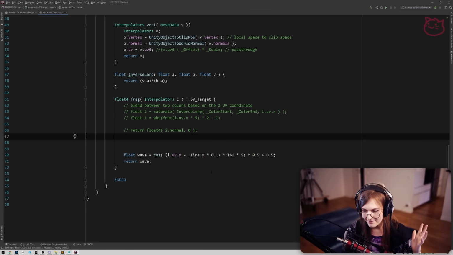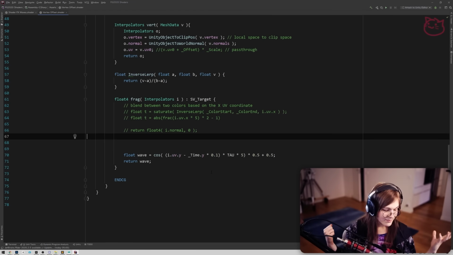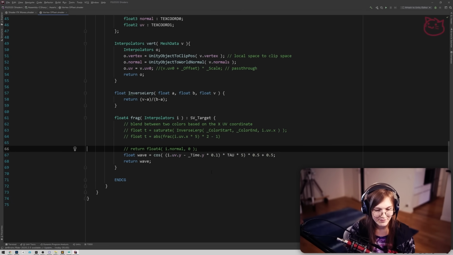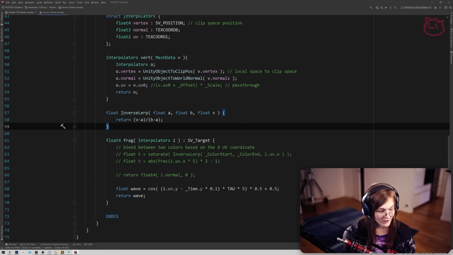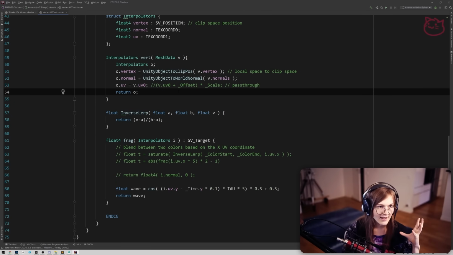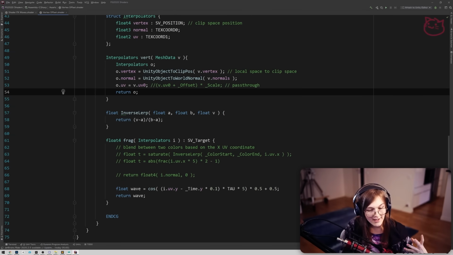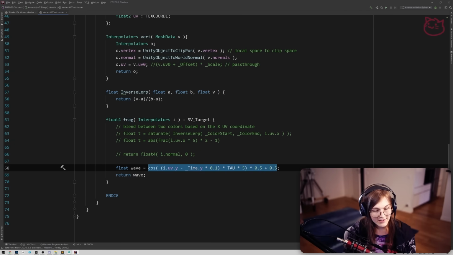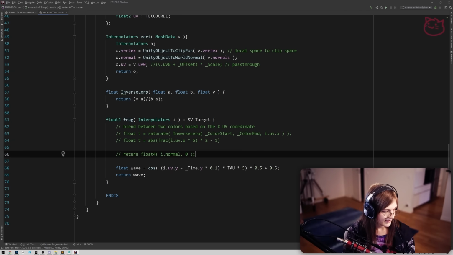And this is also why sometimes the GPU is used for computing or processing data that is unrelated to graphics, just because the GPU is so powerful at processing parallel data and doing that type of math. Anyway, so vertex offset. Now we're going to add some code that can change the position of the vertices. So what we can do is take this wave and